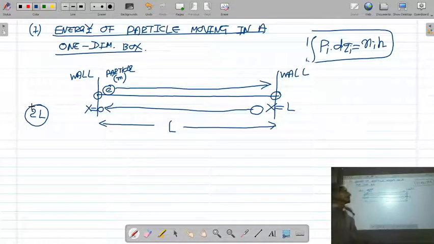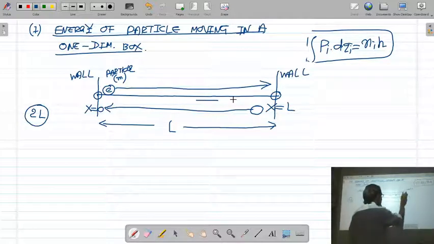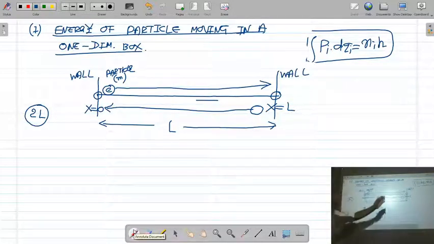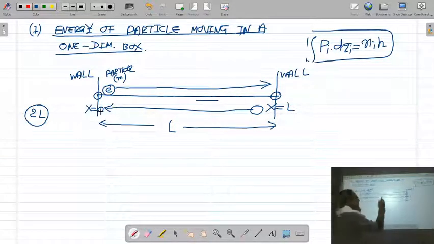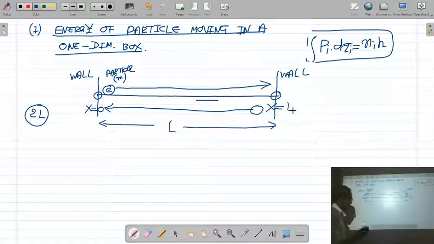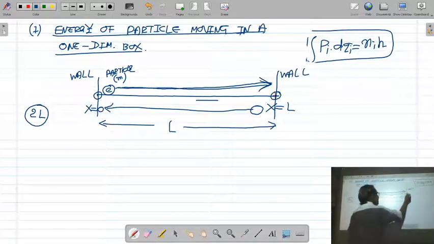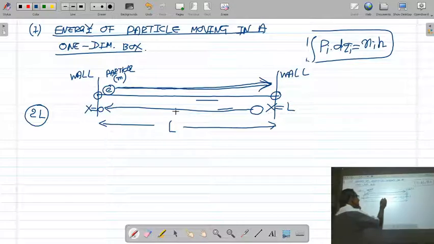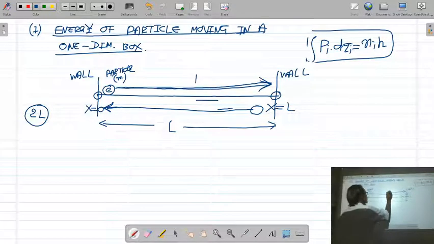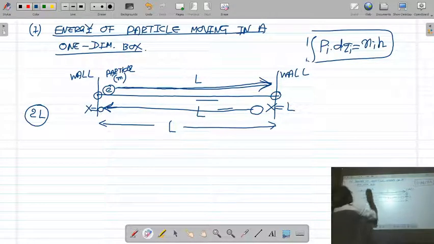Okay. So let us compute the energy of a particle moving in a one-dimensional box of length L using the Wilson-Sommerfeld quantum rule. This particle is constrained to move between two walls of the box, x is equal to 0 and x is equal to L. The particle travels distance L during its to motion, then it strikes the other wall. After striking, it is reflected back and again travels distance L and comes back to the original wall x equals 0. So the total distance traveled by the particle during its to and fro motion will be L plus L, that is 2L.